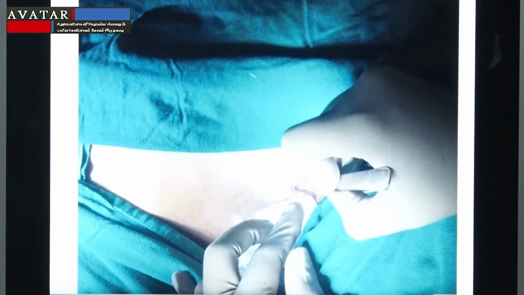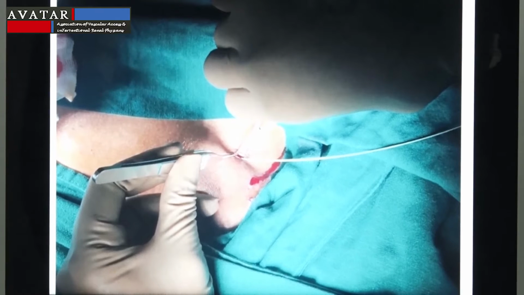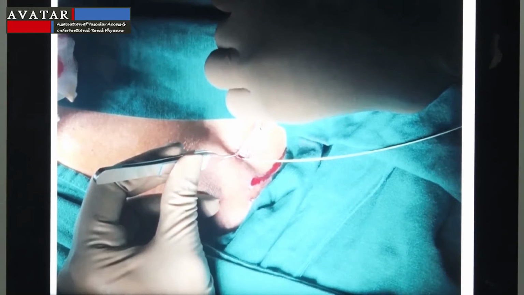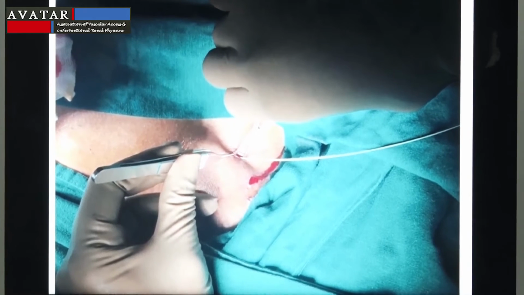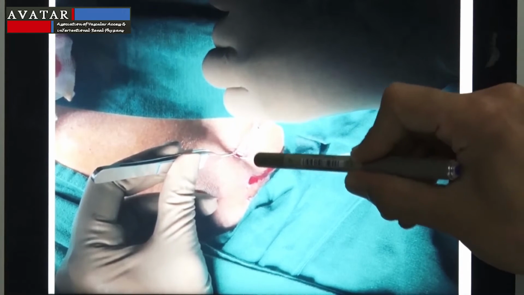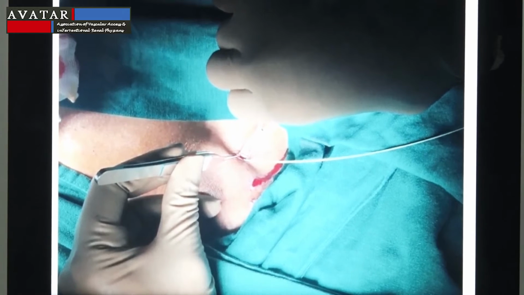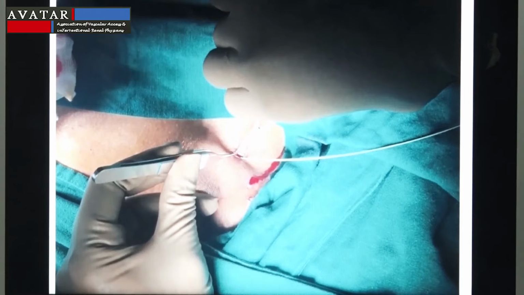After giving 2% local anesthesia at the site of guide wire insertion, a stab incision is made with a blade. Now this step is very important. This is what I always consider very important. With the help of an artery forceps, around the insertion of the guide wire, we dissect the tissue slightly, as this is the area where generally the kinks are formed. If we dissect this area around the guide wire, the catheter tends to sit comfortably around the wire, and the chances of getting a kink are considerably less.